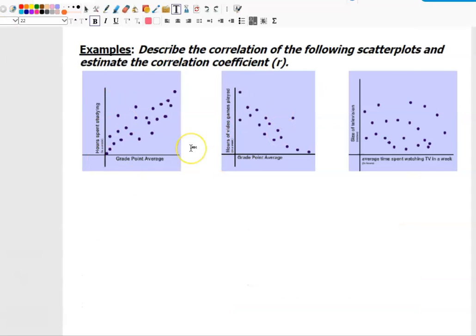And then here we're going to describe the correlation for the following scatter plots and estimate the correlation coefficient. So we're going to skip the part where we estimate the correlation coefficient because that is very difficult to do, just given the scatter plots with no actual points or anything on the graph. So what we can do is say that the first one is positive, the second two are negative, and then